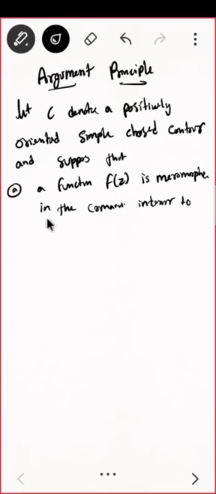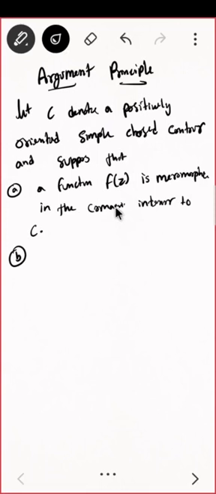Do you know what is meromorphic? I think in the last class I told you. What do you mean by a meromorphic function? Yes, a meromorphic function is a function which is analytic throughout D except for the poles. Throughout your domain it is analytic except for the poles. Or you can say a function which can be written as a quotient of two entire functions is called a meromorphic function. So a function f of z is meromorphic,